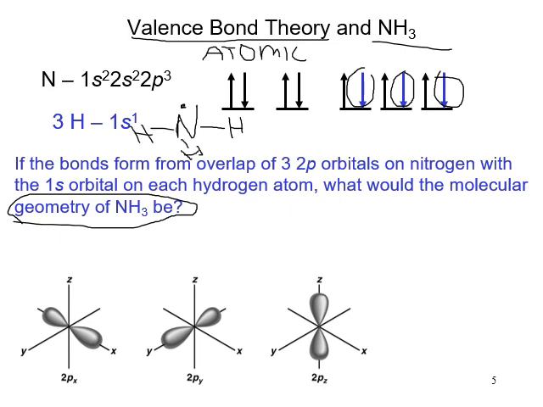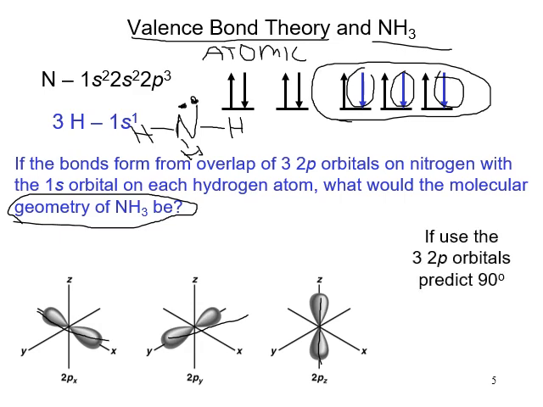And then we would have a lone pair here. We might say, oh, there's the Lewis structure for ammonia. Now, if this structure was created from atomic orbitals only and created, as was shown up here, from p orbitals, these p orbitals are at 90 degrees to each other. So if you use those orbitals, you would predict that you would have a 90-degree angle, kind of, I